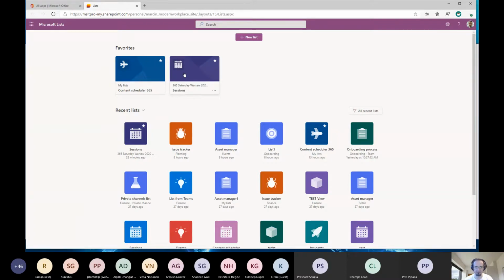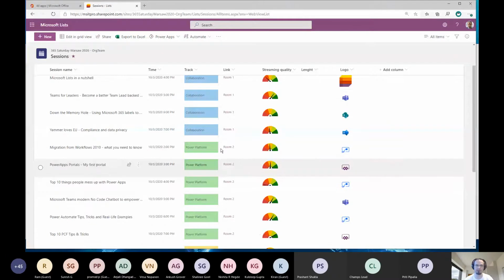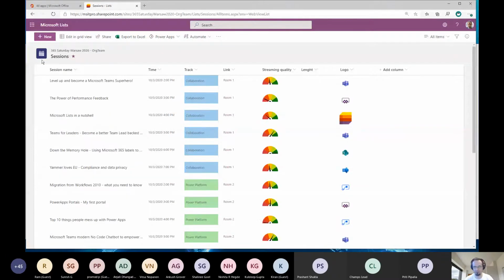If I click on some list, maybe this one, this is a Microsoft List with some data formatting. It's fully working, and as you can see, there's almost no navigation, no left-hand navigation, only some top bar buttons. So we have full space for data and to work with our list.